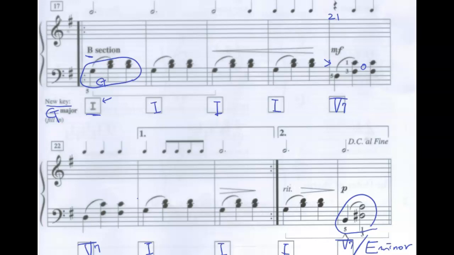Okay, so now let's make the melody starting at measure 17. In the A section in measure 1, I began the melody with the tonic note. So I want to do the same here. Even though the key changed, I want to start on tonic. The tonic of G major is G, right? And then B here, it's the chord tone, G, B, D, right? The third, and then